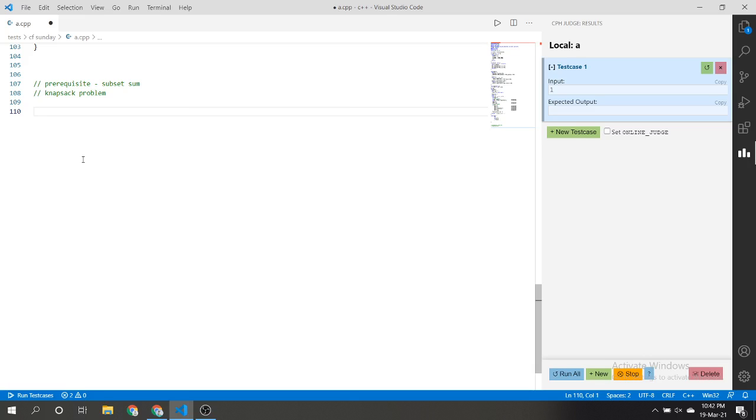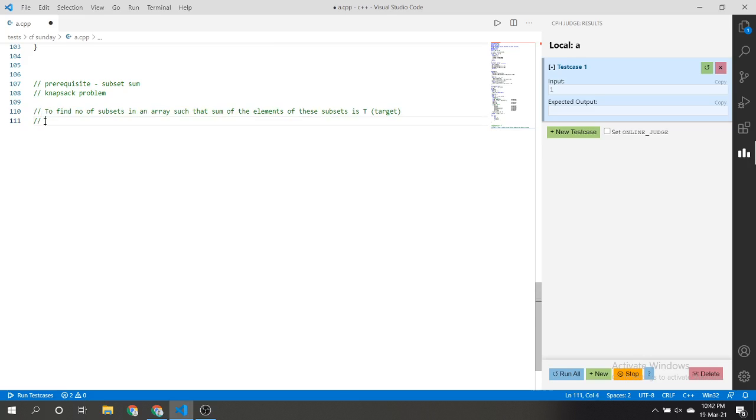So let's just say that you already know what subset sum is. Subset sum is to find the number of subsets in an array such that the sum of the elements of these subsets is t, the target.